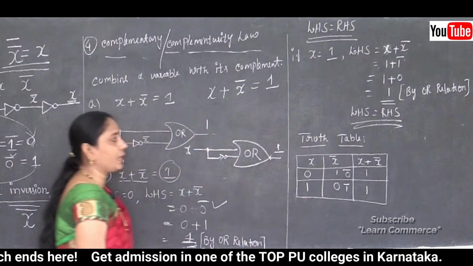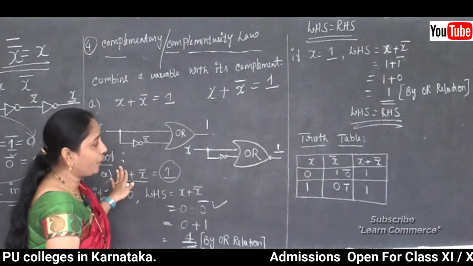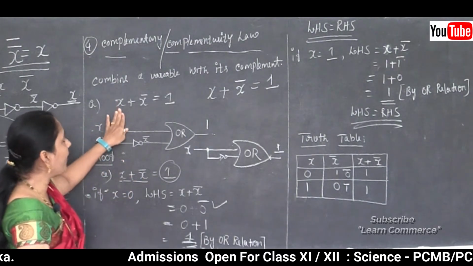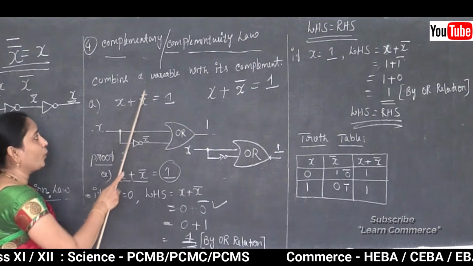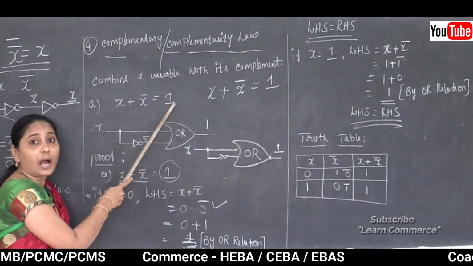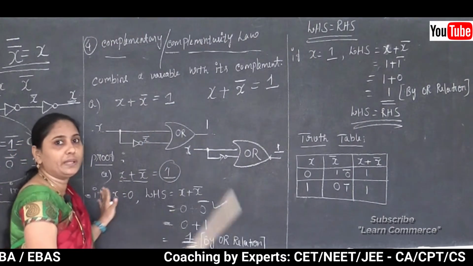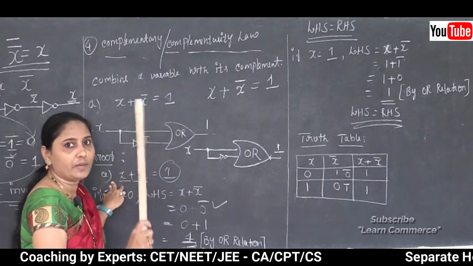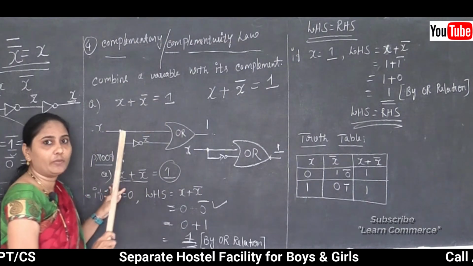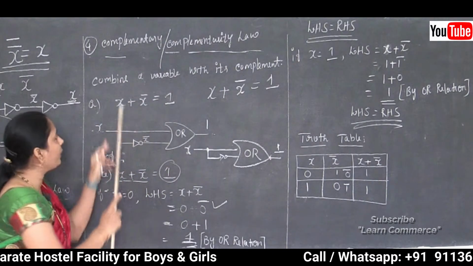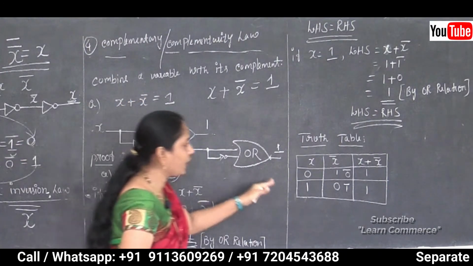Now let's use our truth table. Before checking our truth table, for every value of x, x plus complement of x is equal to 1 always. Clear this point here? Maybe you are using x equal to 0, or maybe x equal to 1. Always we will get the left hand side equal to the right hand side. Thus for every value of x here, x plus complement of x is equal to 1 always. Now let's use our truth table.